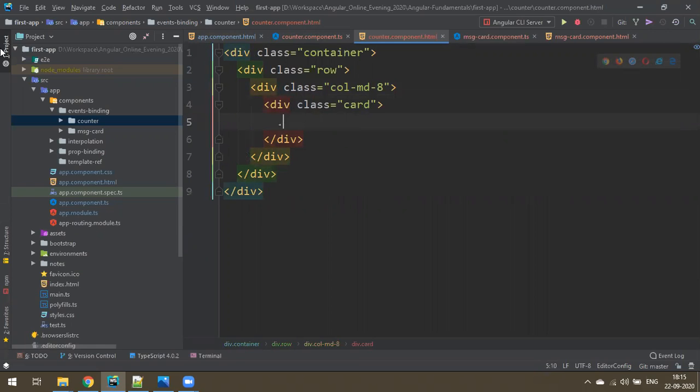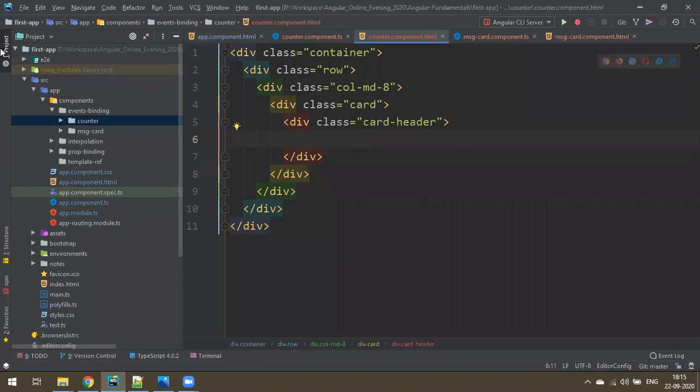Okay, so dot card hyphen header. Okay, tab. You press the tab, you get the division automatically, right? If you want some other tag, you can just say p tab, or else you want any h1 tab. H1 with the class you want, h1 dot lead tab shortcuts.